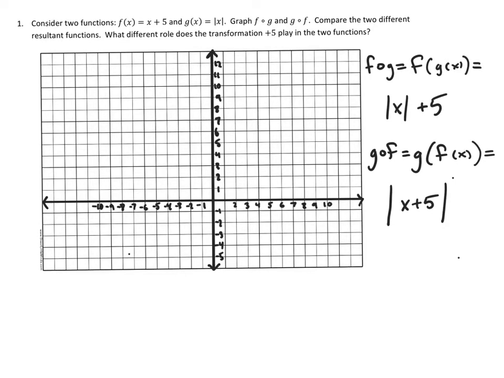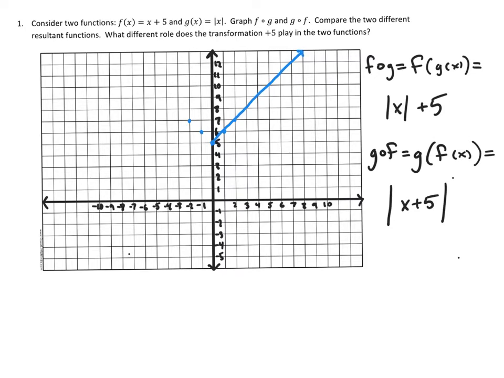The nice thing about doing pre-recorded ones is I don't have to bore you with setting up the axes and scaling them and all that. So I'm going to do my first function, f of g of x. I plug in 0, absolute value of 0, add 5, so it's got 0, 5 on it. And then plug in 1, 1 plus 5 is 6, 2, absolute value is 2, plus 5 is 7, etc. Negative 1, absolute value of negative 1 is 1, plus 5 is 6. Negative 2, absolute value of negative 2 is 2, plus 5 is 7. So there's absolute value of x plus 5